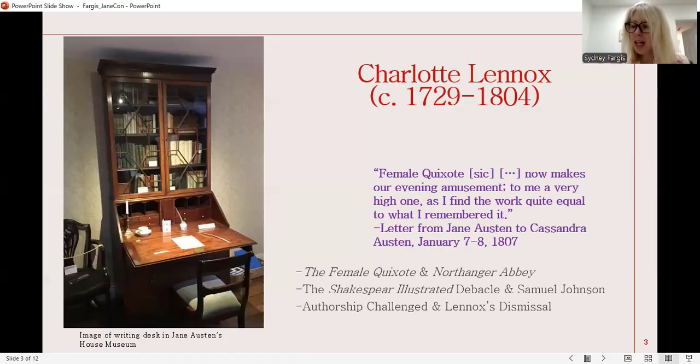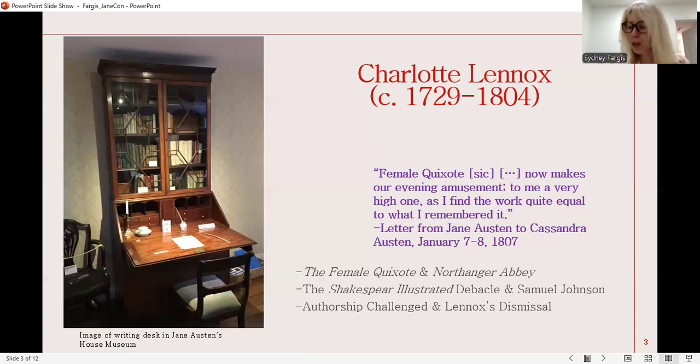So backing up to the publication that led to critics discrediting her, Lennox wrote a book called Shakespeare Illustrated. And in that book, she critiqued William Shakespeare, a writer all of England had essentially decided was pure genius. As quickly as the public had been besotted with her writing, they turned against her. The literary community dismissed Lennox and Johnson, perhaps because he didn't want to face backlash by standing in support of her, turned away from Lennox along with them. In fact, when just 3 years later, Johnson decided to write a book of his own about Shakespeare, he did not include Lennox's prior work on the Bard in his book proposal.